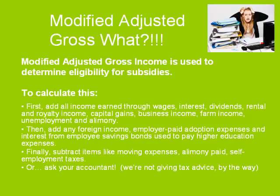What's that? Well, in order to calculate the modified adjusted gross income, you have to do a little math. Generally speaking, adding in all the typical income for things like wages, interest, dividends, rental income, etc. Then adding in any foreign income, employer-paid adoption expenses, interest from employee savings bonds, and then finally you would subtract